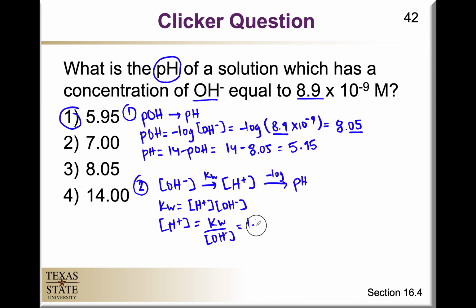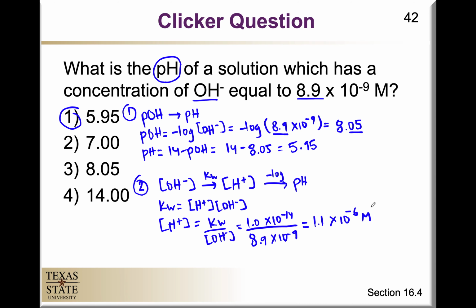That's equal to 1.0 times 10 to the minus 14 divided by the hydroxide ion concentration, which is 8.9 times 10 to the minus 9 molar, and that gives us 1.1 times 10 to the negative 6 molar